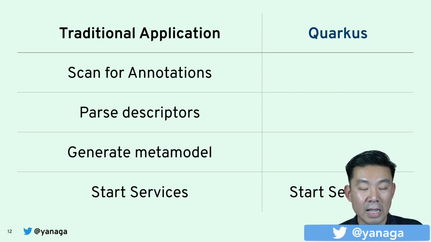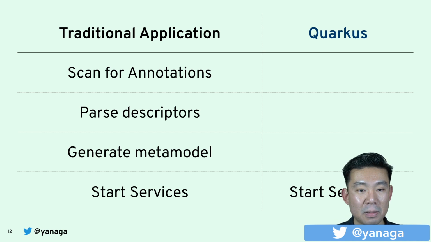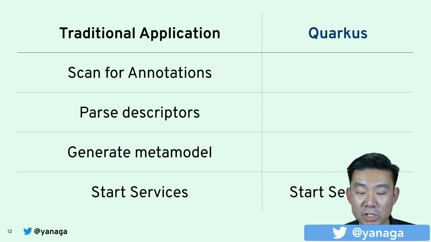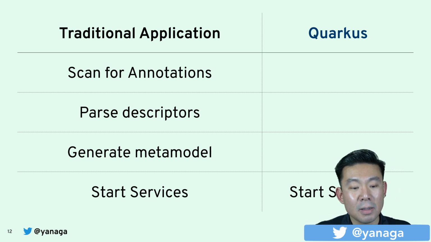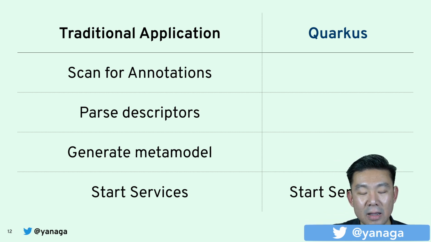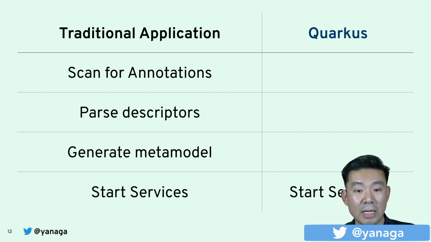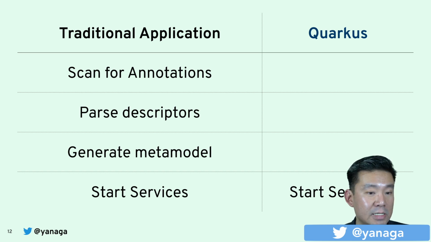And that's why every Java application developed in the past 25 years is slow. And that's why they consume so much memory, because you have to perform all of those steps every single time. And it is okay, because in the past, in Java, we made a trade-off. We traded startup time and memory consumption for runtime performance. That's why the JVM is probably the fastest runtime environment on the planet.